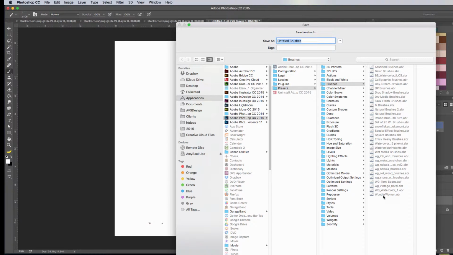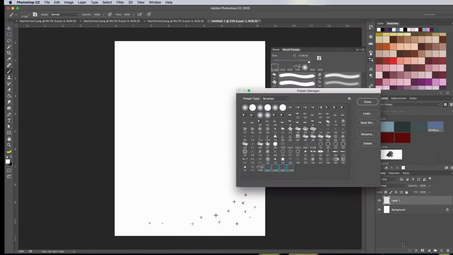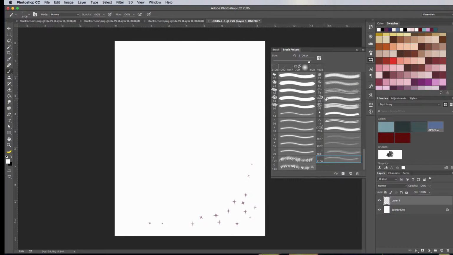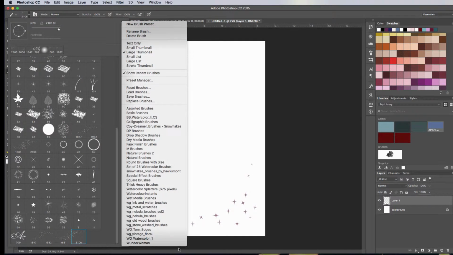Now this is actually labeled here as wonderwoman.abr. Let me move this up so you can see. You can name the preset like this and hit save. I'm not going to hit save because I already made it, but that's where it will save, within your presets, within your brushes. All right, let's pretend I hit save,